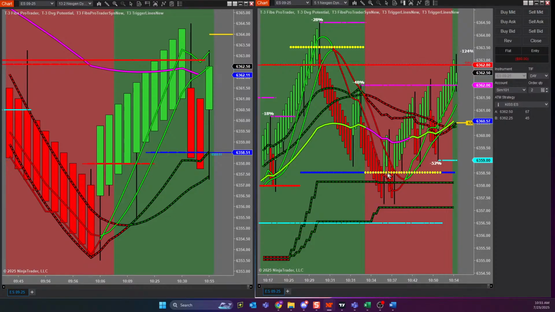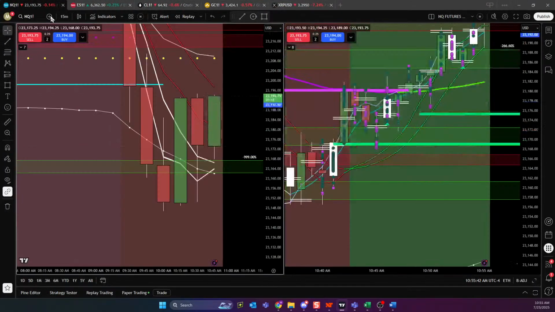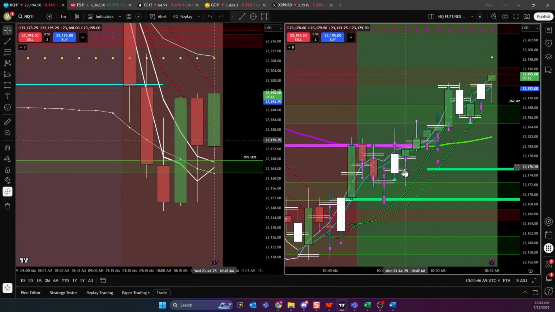Resistance, look at the bounce. And where did it go? Right to the large triggers. And now we're waiting. Are they going to break? I don't know. I just don't. The immediate chart said don't go up.